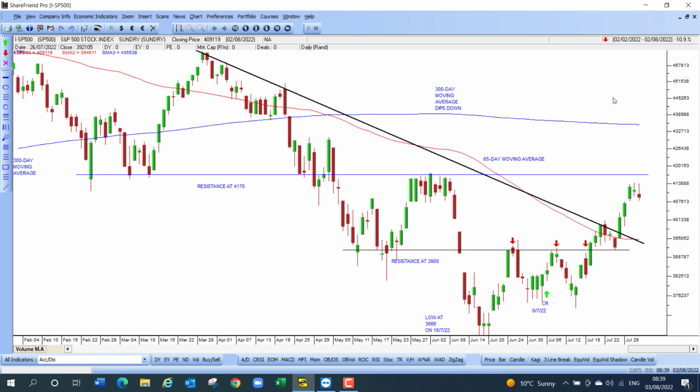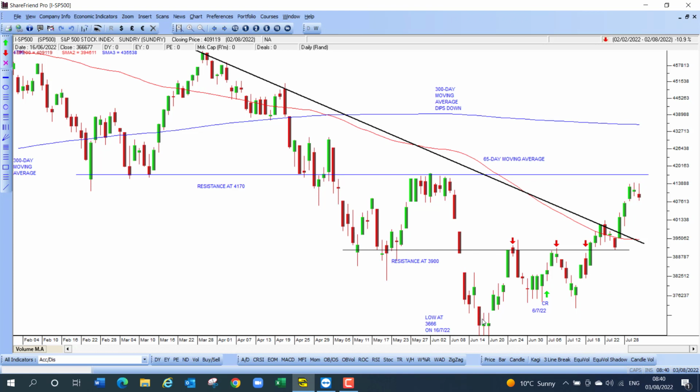At the last confidential report, which you can see on the chart here, on the 6th of July, the S&P 500 was still below this resistance line here at 3,900. These resistance lines or support lines are very important, and you need to pay attention to them. You can see this particular one at 3,900 was established way back in May this year, and when the S&P 500 came down, it touched it twice, and then penetrated it over here on the 10th of June.